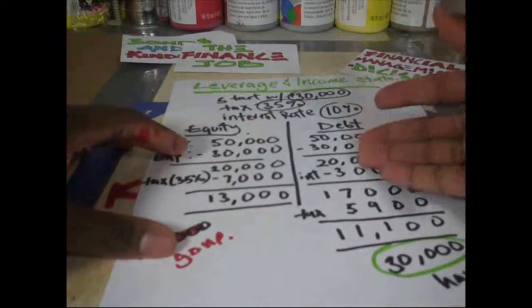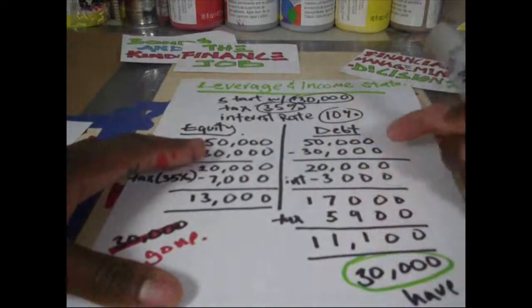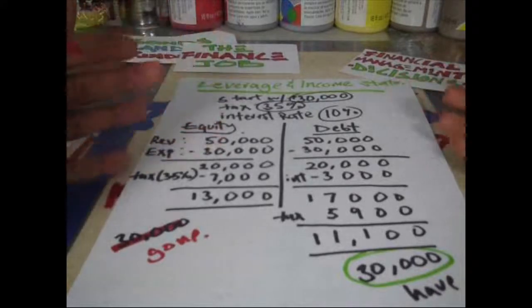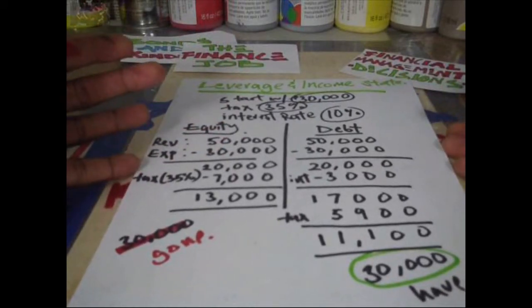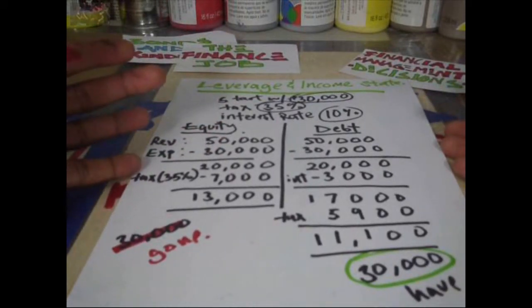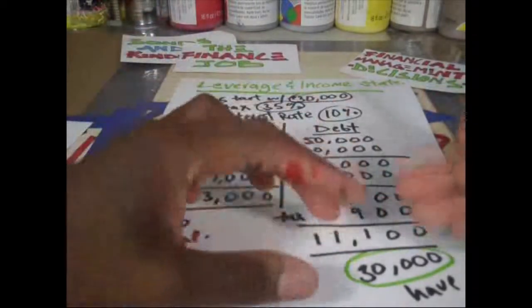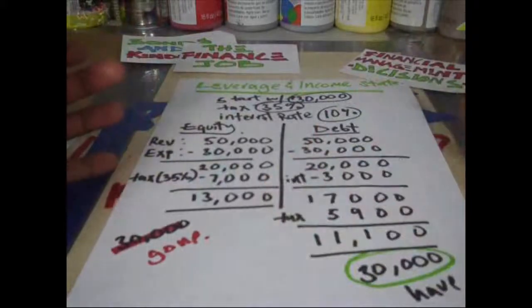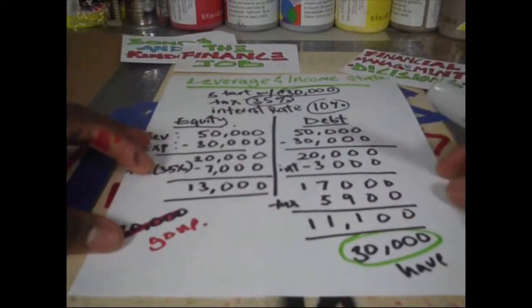All right, because if this goes bad, if borrowing 30,000 goes bad, I mean, you're still going to be on the hook for it. Okay? And you may have decided, hey, I'm going to spend this 30,000 on something else. If that also goes bad, now you lost 60,000 as opposed to just 30,000. So you have to think critically about your decisions.